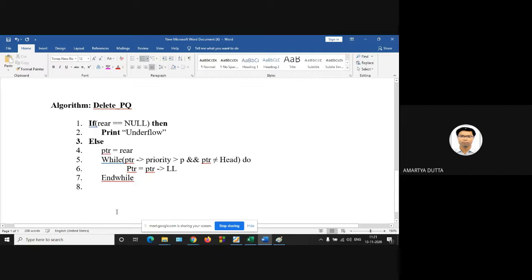So while your PTR, its priority is greater than P, end of while.